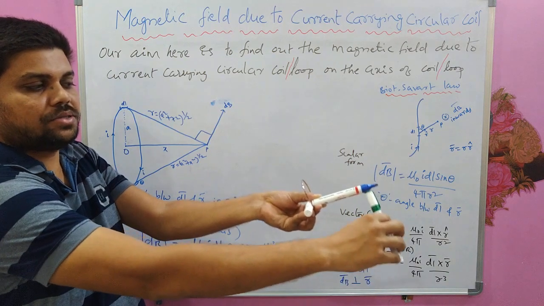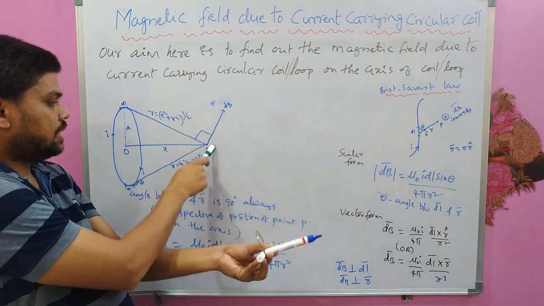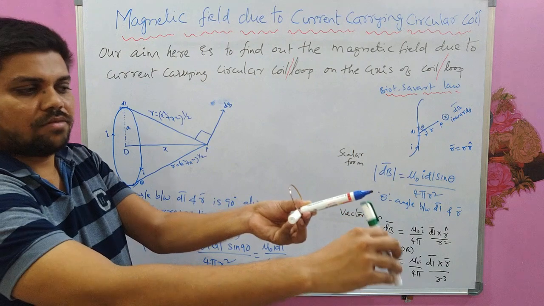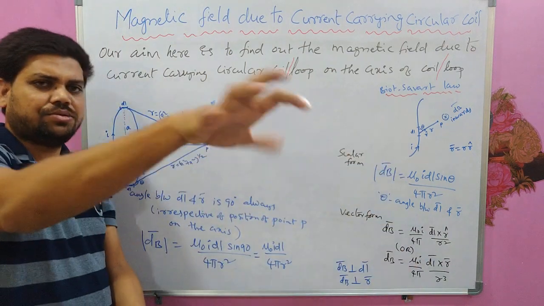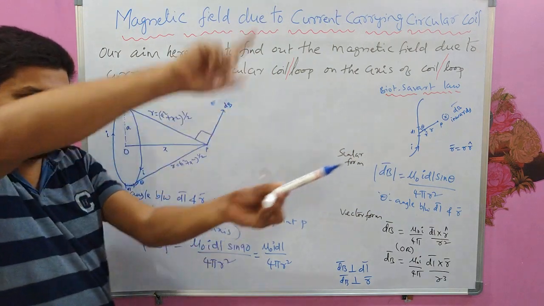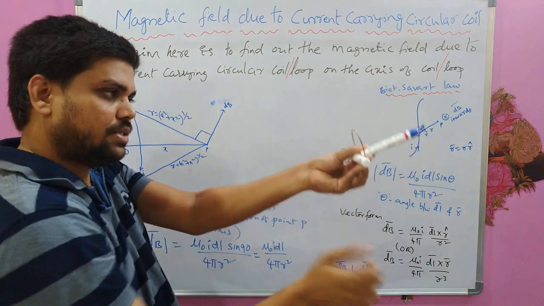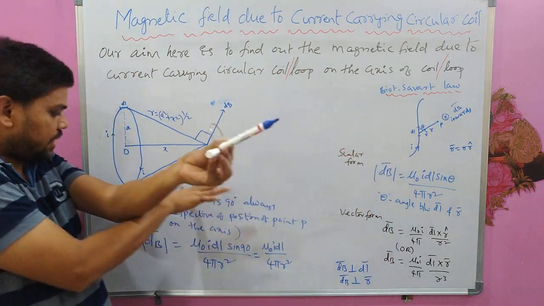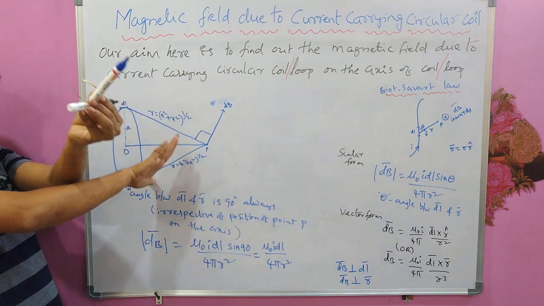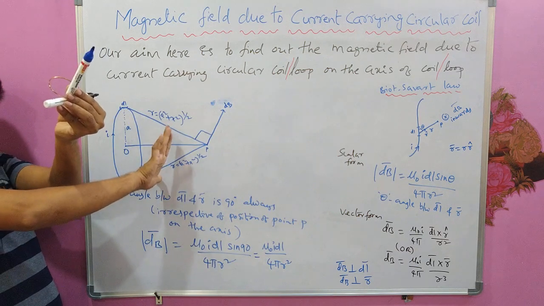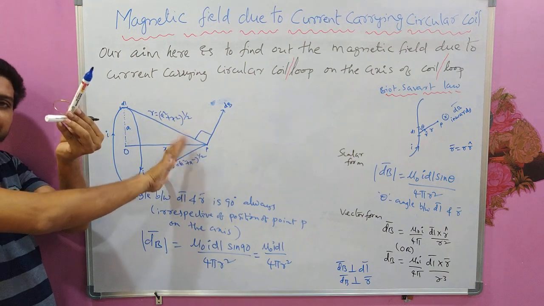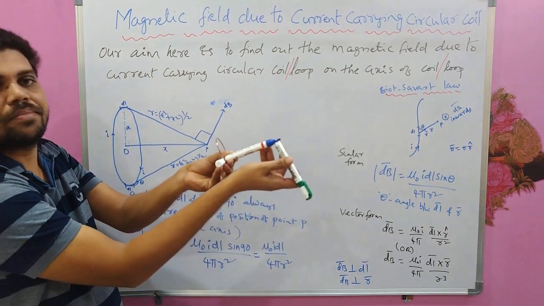The magnetic field produced by this length element at this point is directed this way. Why this way? You can use your right hand, for example. For this, the current is inwards, it is flowing like this, going inwards at the bottom. Use your fingers like this. Your fingers are going downwards. Your fingers represent the magnetic field direction, that is why it is here.